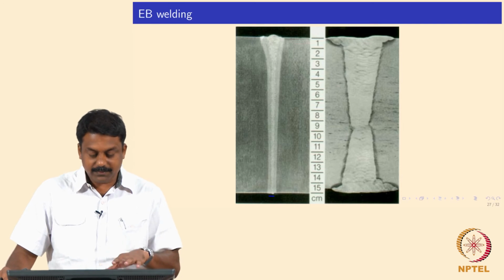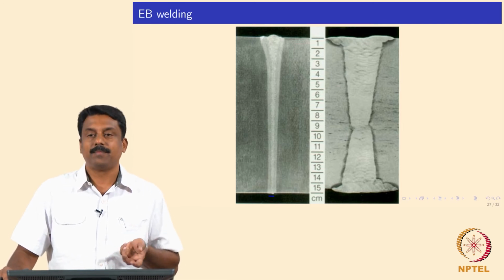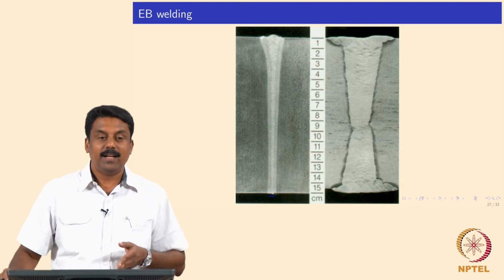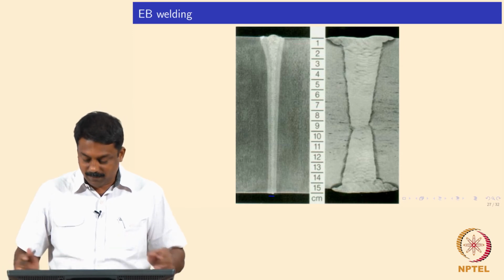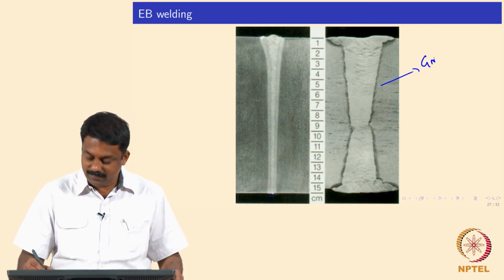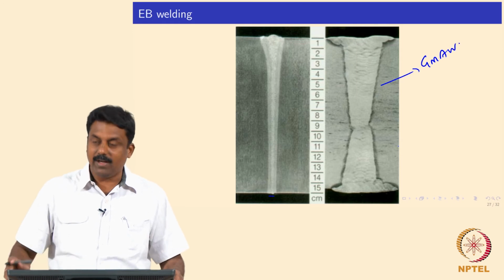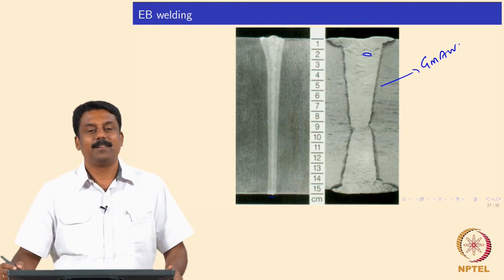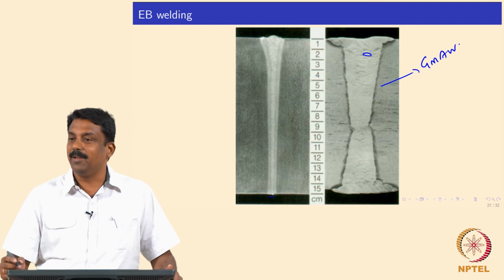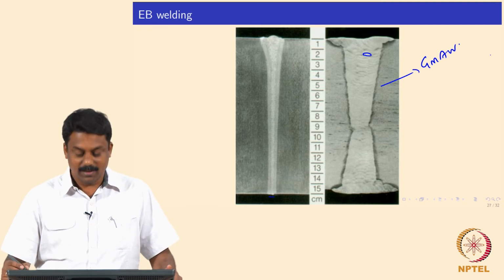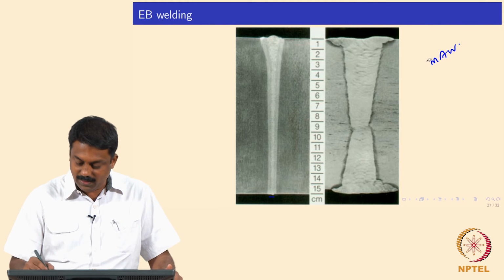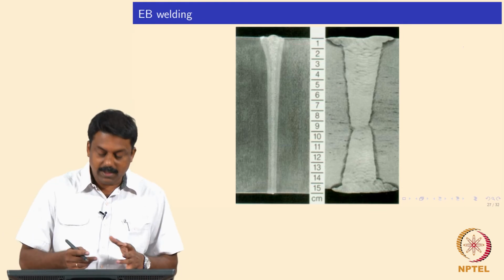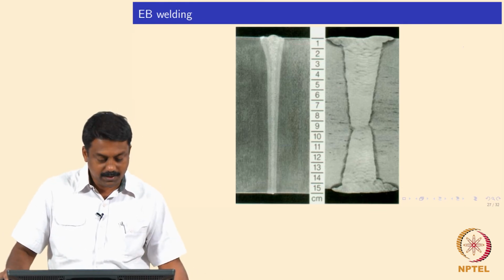Okay. So, now imagine the power of electron beam. This is a 15 centimeter slab, and you can achieve a single pass weld, whereas in GMAW, for 15 centimeters, you need hundreds of passes. You see this is one pass. Imagine how many passes you would have to do in this cross section. It will take an enormous amount of time, energy and manpower to achieve a weld of such a thickness. That is why electron beam welding is very widely used for such an application.